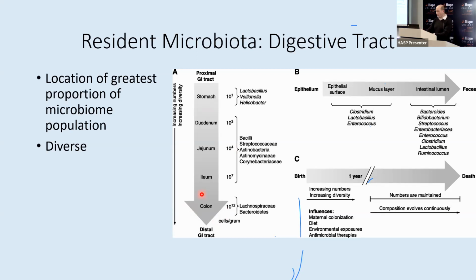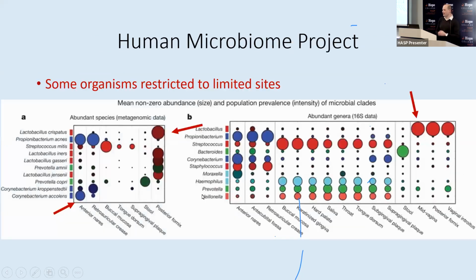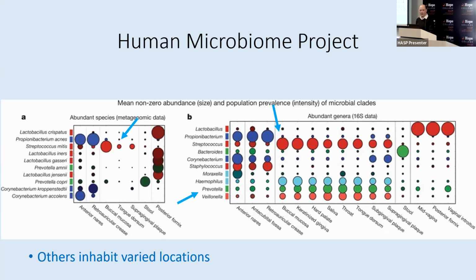Again, some of these may be with us long term. Some of them may only be transient members. And some of them, again, will be confined to only one area, and some will be in a whole range of different organisms. So if you look at the arrows pointing to where we find some of these microbes, some of them we notice are only in one spot. And again, we don't need to worry about the details of which region, but you can see some of them are confined just to one area, whereas others, if we look at Streptococcus species, for instance, they're in all kinds